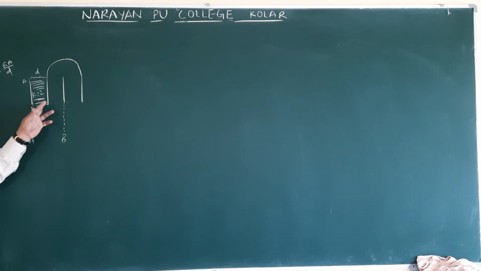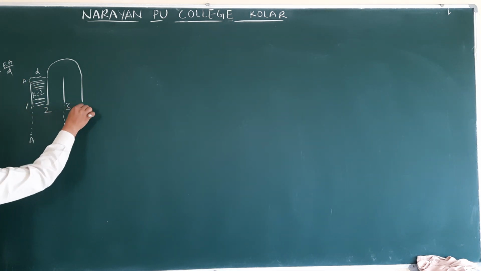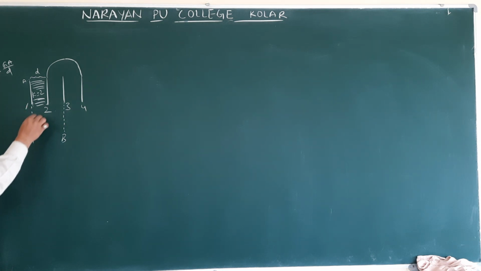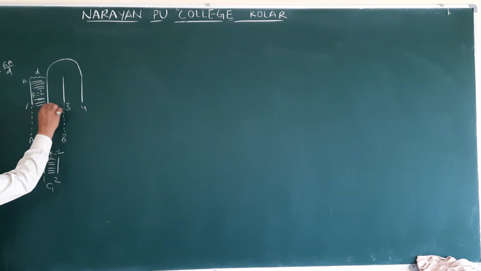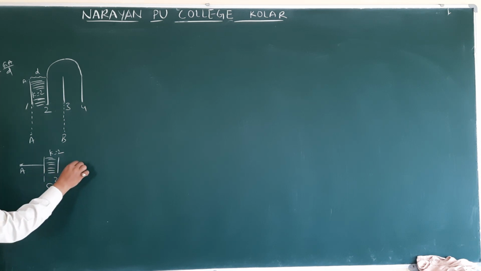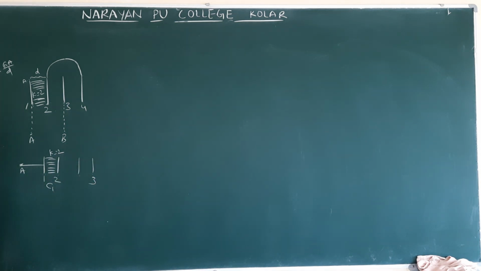First we have to find how these plates are connected. Give the numbers for them: this is 1, 2, 3, 4. So 1 is connected to A. 1, 2: 1 is connected to A. If this capacitor value is C, the first capacitor is C1. Now C1 means KC, K value 2. Remember this one. Next, 2, 3. So 1, 2 over, 2, 3 will be 2 and 3.